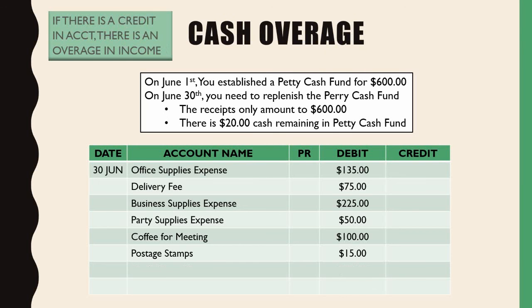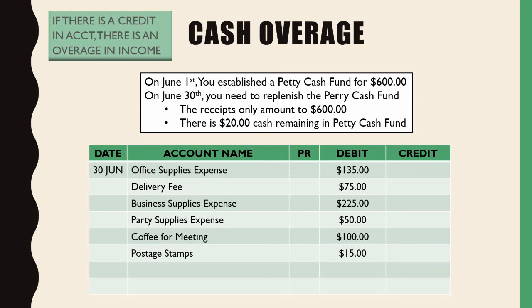Now, what happens if we have an overage? Same scenario, except this time you notice that you established your petty cash fund at $600, and you calculated your total amount of receipts, and you have a total of $600 worth of receipts. However, in your drawer, you also have a remaining $20. I don't know how that's possible, but again, in this case,